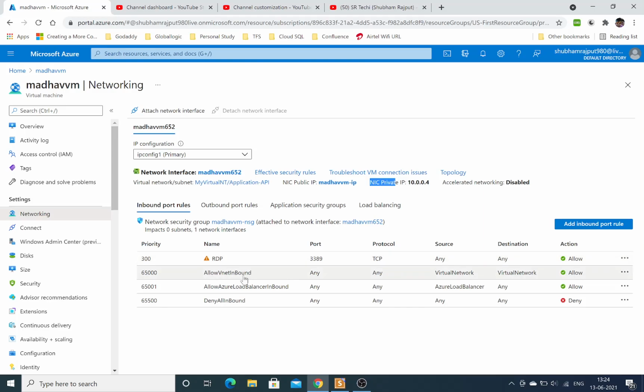RDP is enabled, and all other inbound ports are denied. This security is provided by the NSG, network security group. Under the network security group, you can go and create this information, so let me go into the network security group, opening in a new tab.